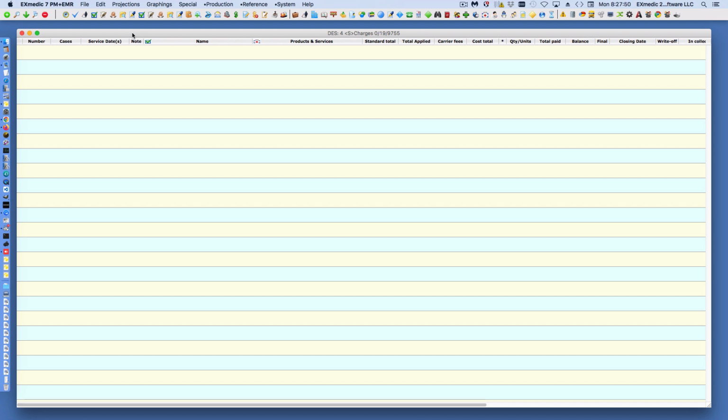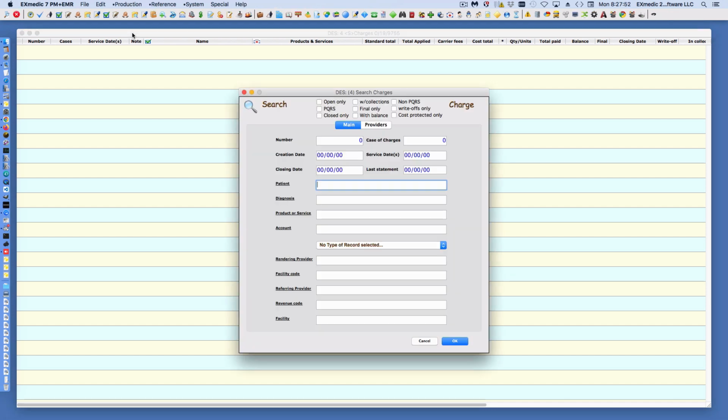So charges are a central piece in this puzzle. Ultimately, charges will end up on a patient statement if there is a balance that remains that can be collected